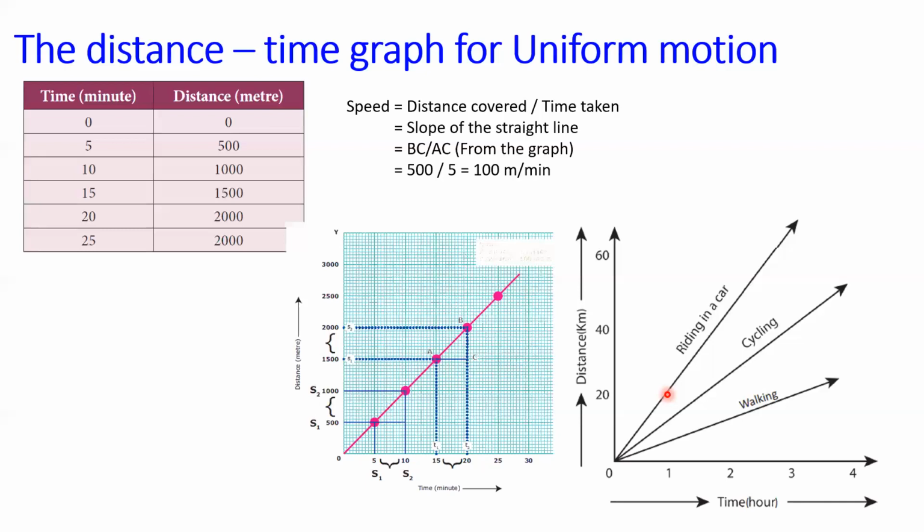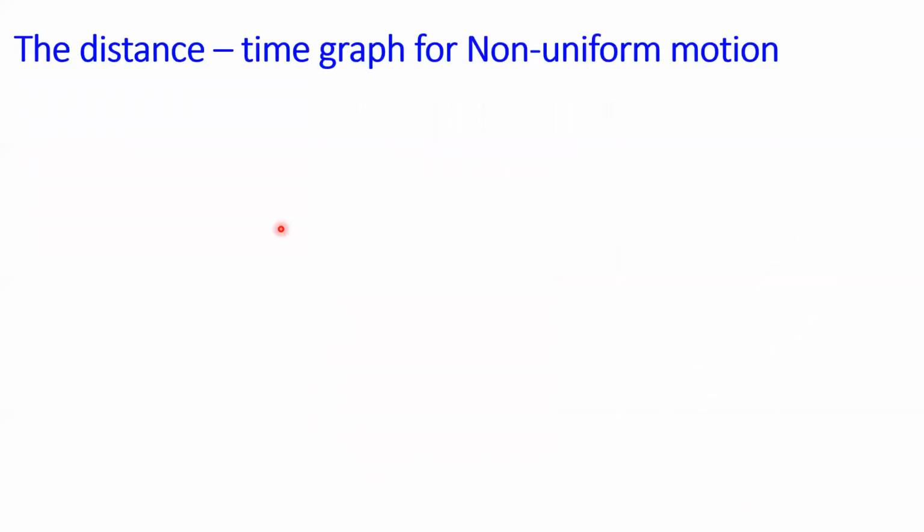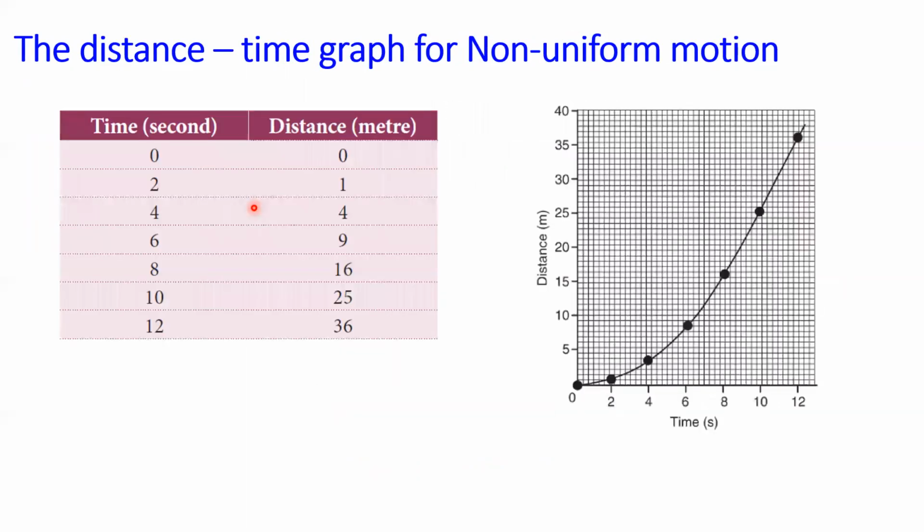And next we'll go with the non-uniform motion. We're going to plot the graph. On your screen you can see the tabular column, which shows the distance traveled by a car in intervals of 2 seconds. The time is given for every 2 seconds and the distance covered. Now we are going to take the time along the x-axis and the distance along the y-axis. When you join the points, we get a curve. The graph shows the non-linear variation of distance traveled by a car with time.